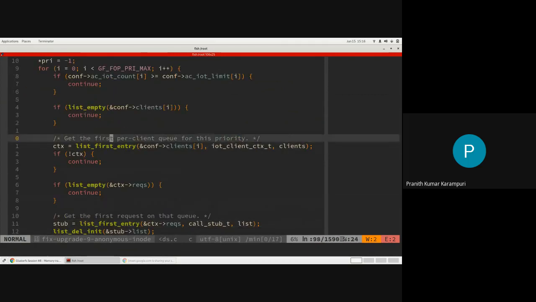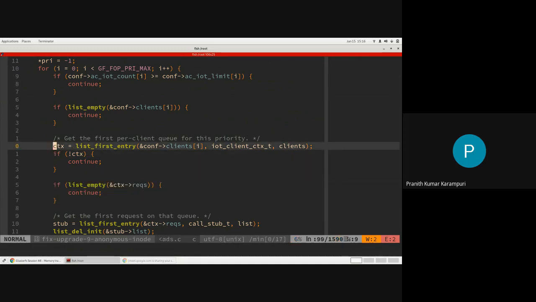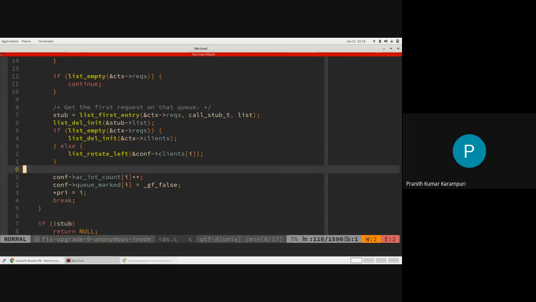So every time it is taking the first client from the list of clients that are there. By the way, these clients are all the clients that are connected to the server that are active in this graph, in this brick graph. If there are no requests, there is nothing to do. You just go back and be done. Otherwise, for that client,